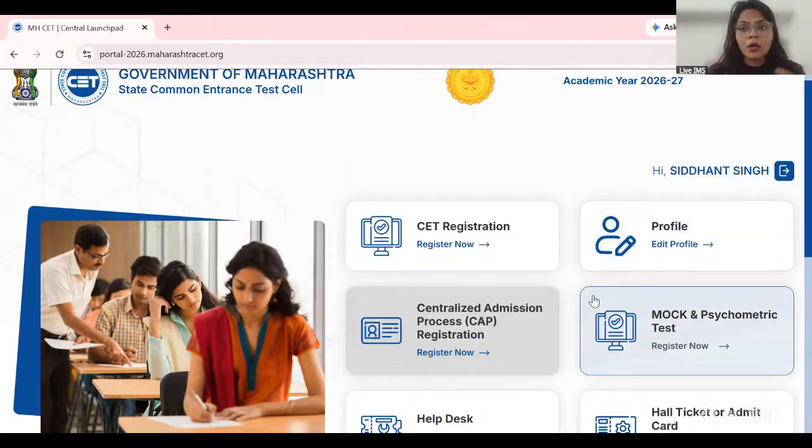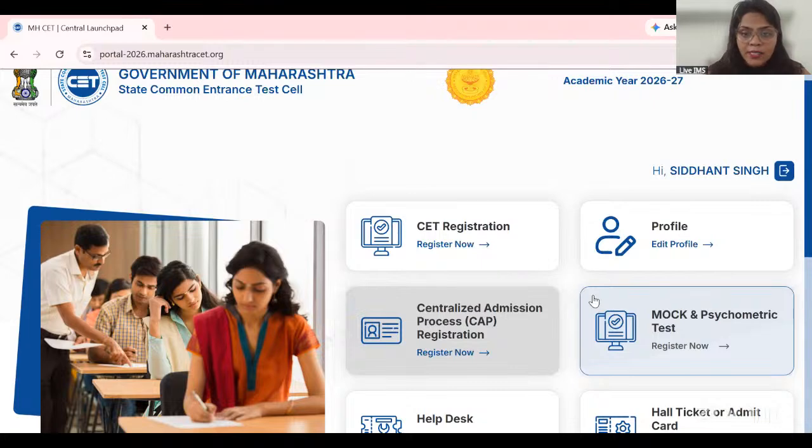So here I am. In today's session, what we are planning to do is that there are certain mock papers or sample papers which are released on behalf of MHCET, right? And since our exam is already around the corner, we will be solving some of the papers online here with you all so that you are also able to understand how to mark the answer and how to deduce the correct answer. That is going to be the purpose for today's session, right? So, without any further delay, let's get started.